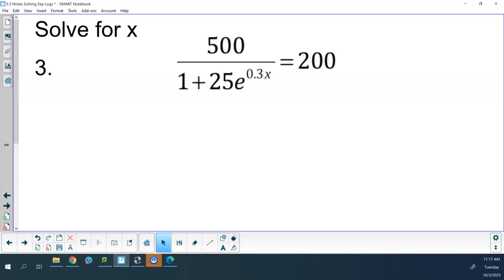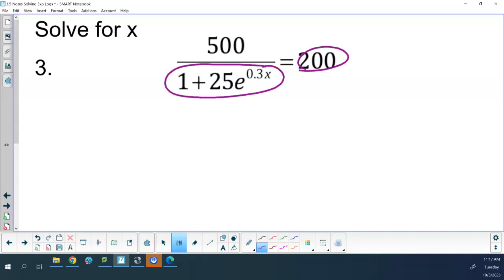These two, this and this, can be flip-flopped. Because if you think about it, to get rid of the fraction, I'm going to multiply by that bad denominator, right? Then I would have to divide by 200. So in the end, I'm going to get